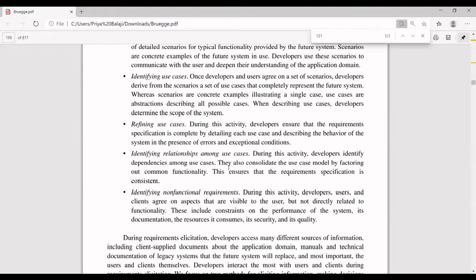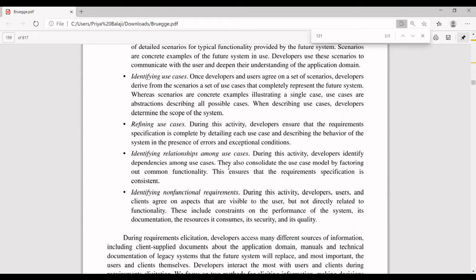Next, identifying relationships among the use cases. This we have seen. If I have two different use cases, what is the relationship among them? Money withdrawal and balance checking, what is the connection among them? They have to have the database connectivity. Once the database is connected, they can go and verify the database and respond back whether it is fine or not. So it means finding out the common functionality between use cases. If you find the common functionality between the use cases, that will be a relationship among the use cases. Even if you want to withdraw the amount, your balance has to be checked.